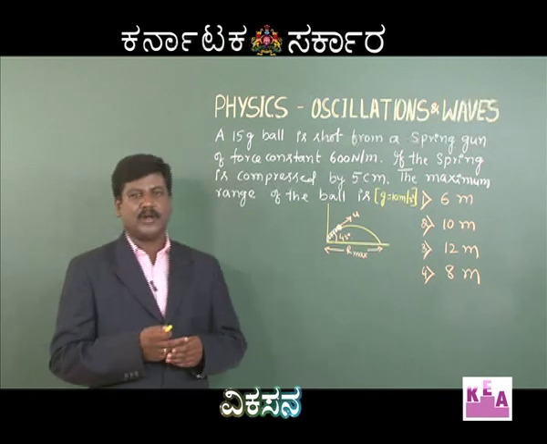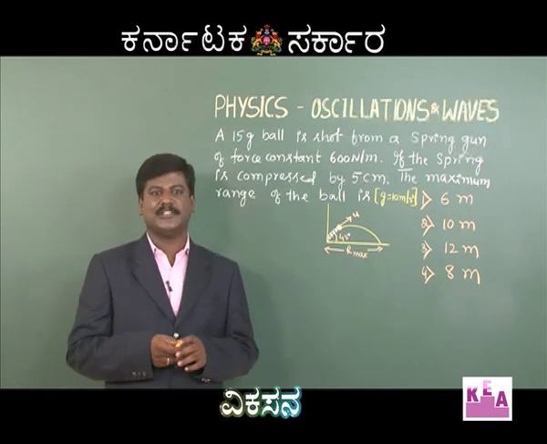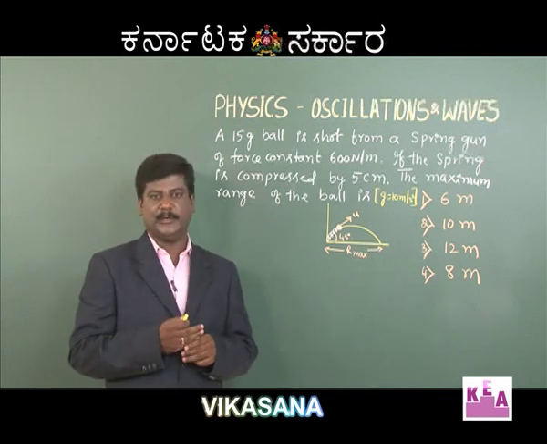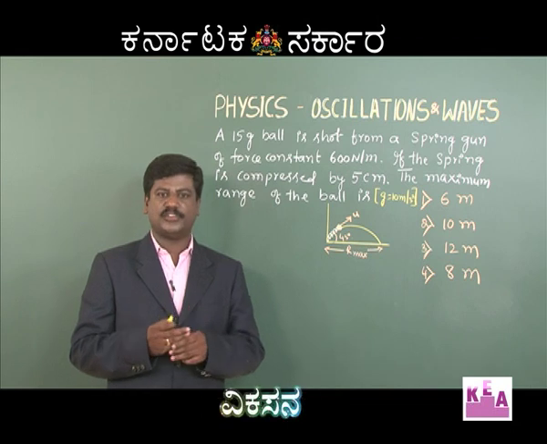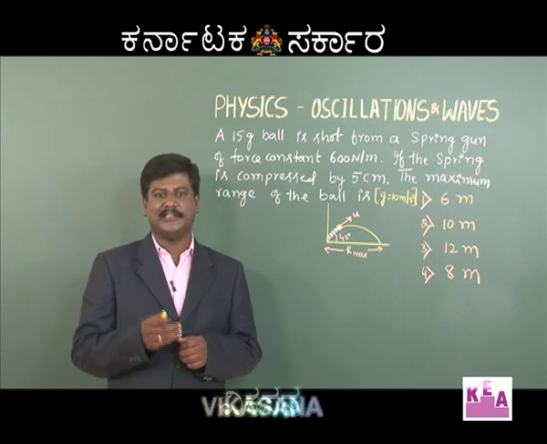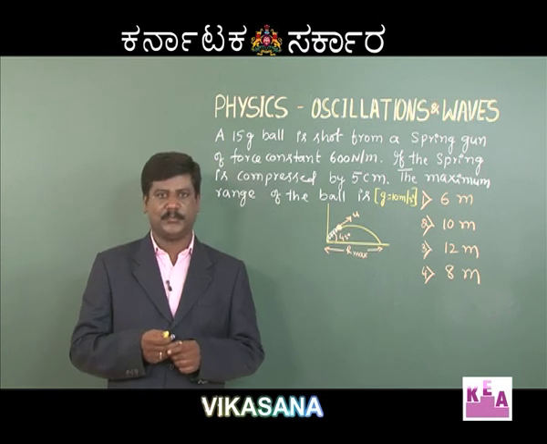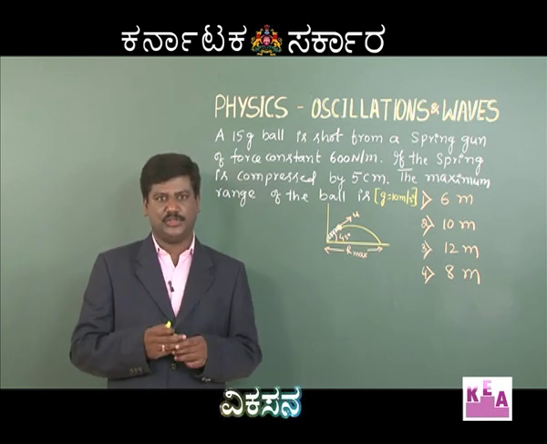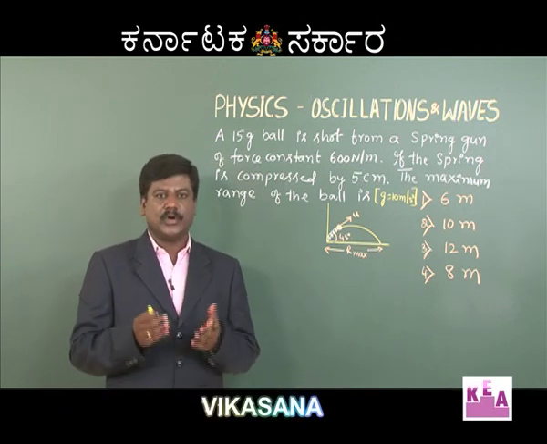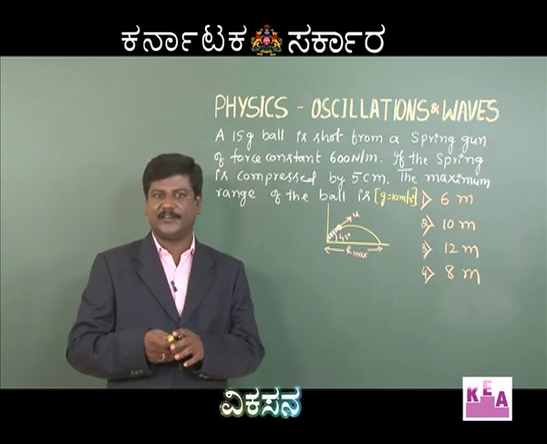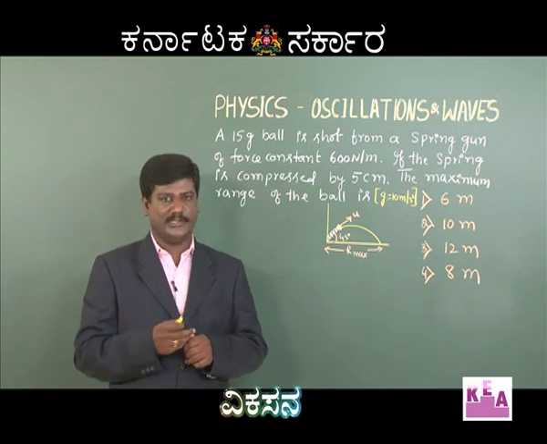The maximum horizontal distance traveled by the projectile is called range. So for a body to have a range, the angle of projection is important. When the angle of projection is 0, the range is 0. Similarly, when the angle of projection is 90 degree, that is, the body is projected vertically upward, once again the range is 0. Therefore, to get any value of range, the particle should be projected at a certain angle. We already know that the maximum range of the projectile occurs at only one particular angle of projection, that is theta equal to 45 degree.